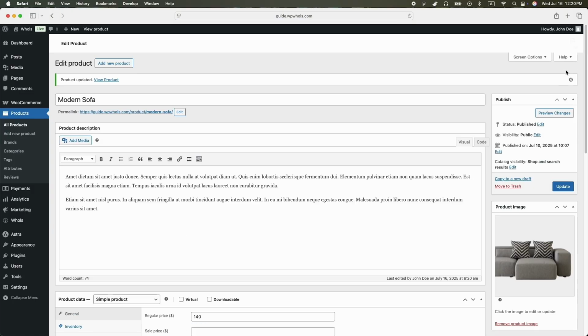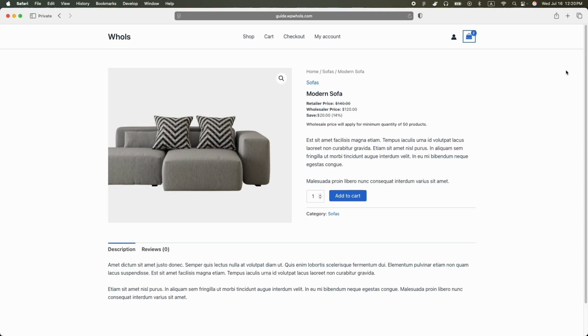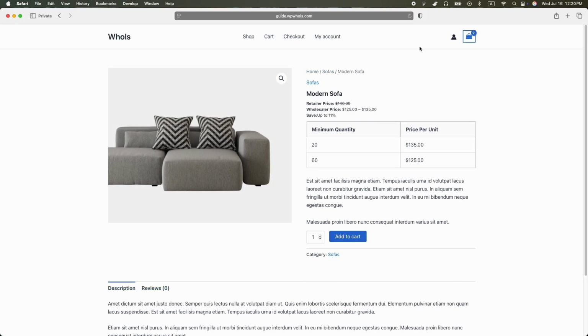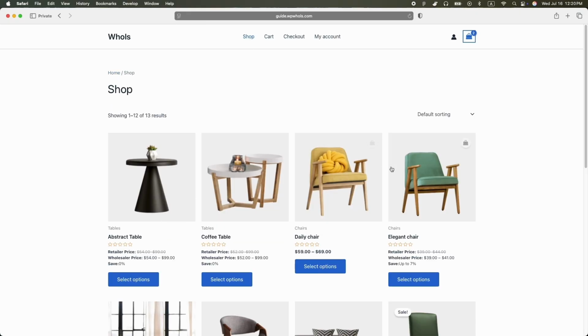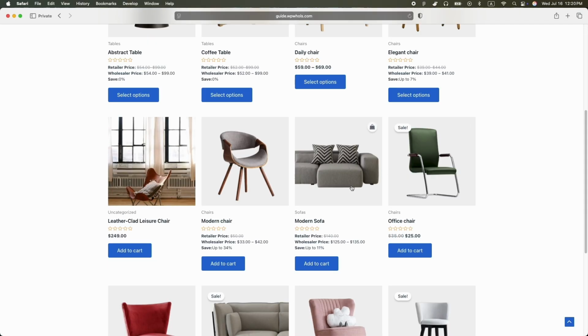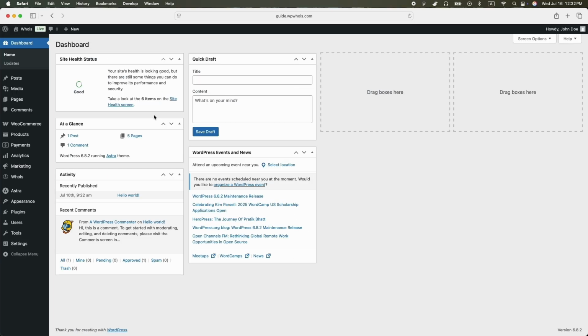You can now preview the simple product as a logged-in wholesale customer to confirm the pricing display. This lets you define different prices and minimum quantities for each role, such as default role, gold wholesaler, or platinum distributor. To set wholesale prices for variable products, go to Products, All Products,